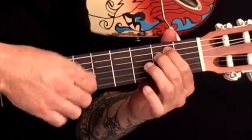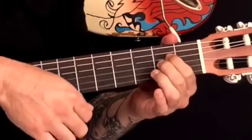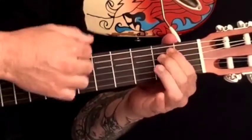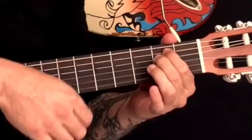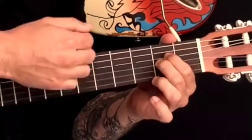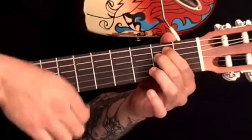1, 2, 3, 4, and 1, 2, 3, 4, and 1, 2, 3, 4, and 1, 2, 3, 4, and